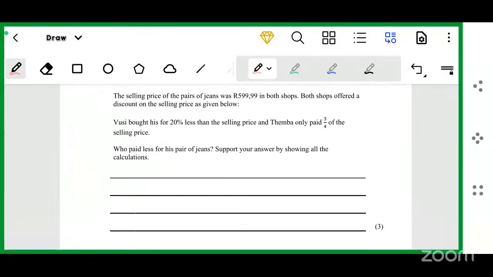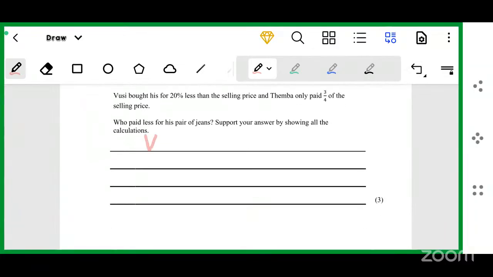Okay, so for Vusi it was 479.99. All right, so let me just add a rand there. Okay, so for Temba,